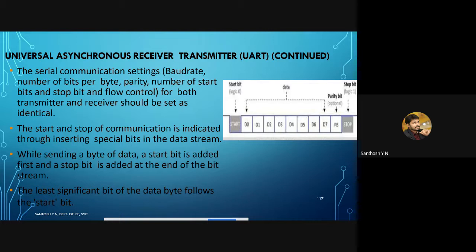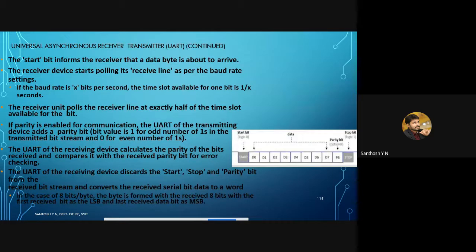So it will be checking for an error. If the parity bit is correct with respect to the data, then the receiver will conclude that the data it has received is correct. That is what they are telling in this particular slide.